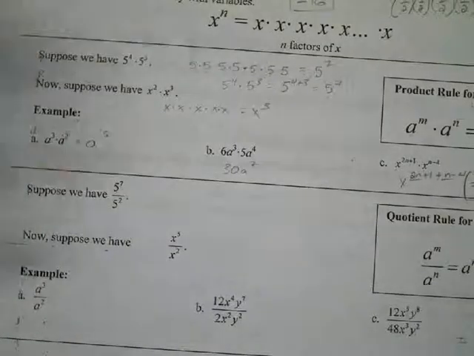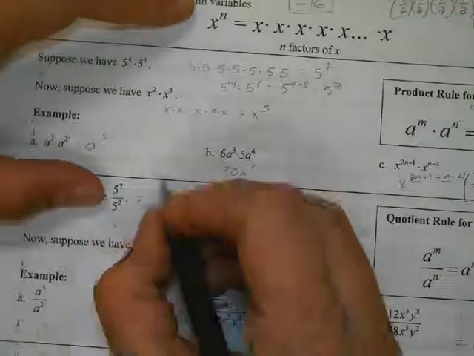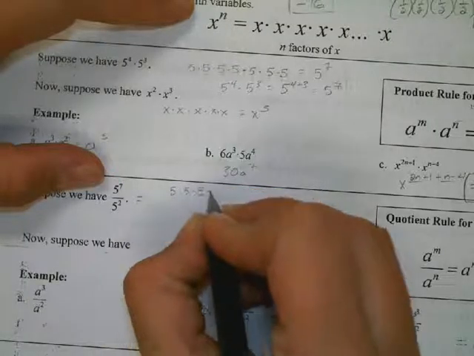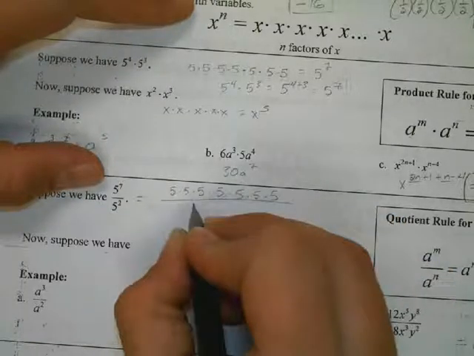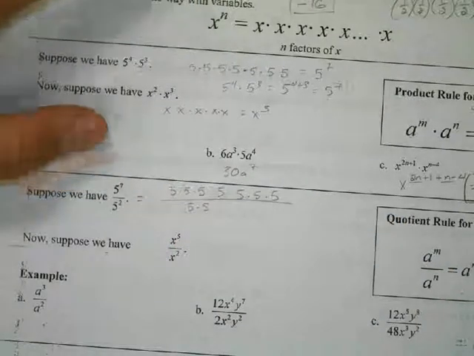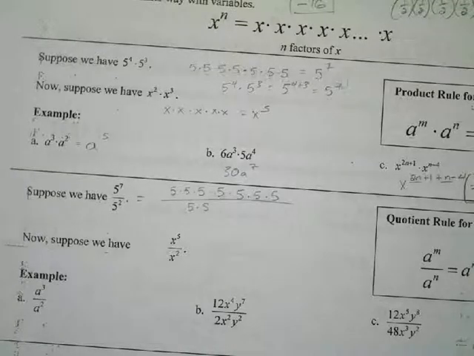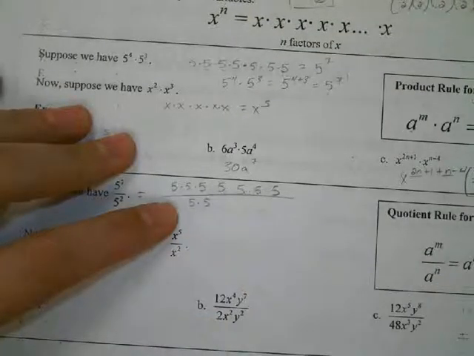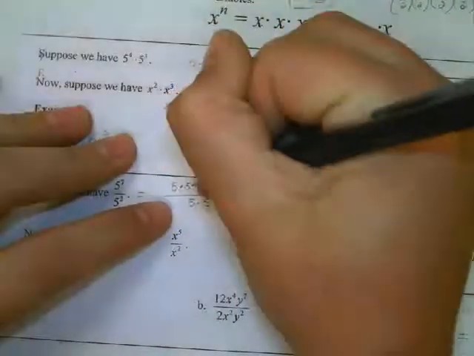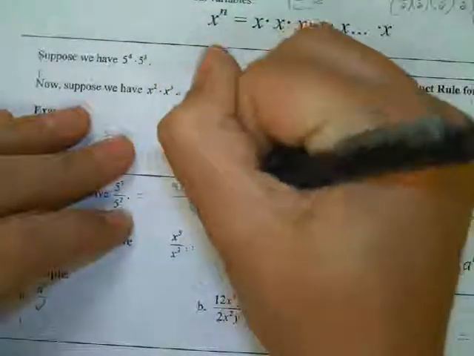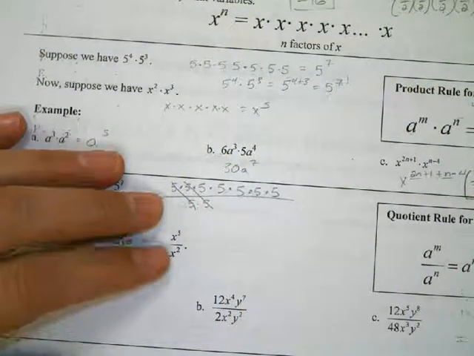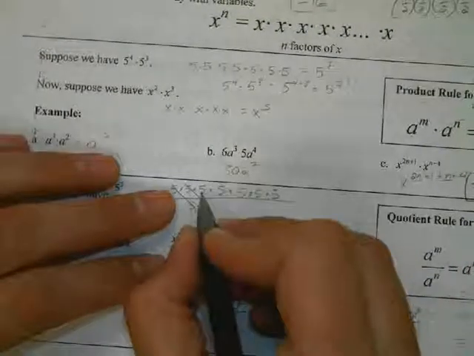So now the quotient rule for exponents is very similar. If I have 5 to the 7th over 5 squared, on top I would have 1, 2, 3, 4, 5, 6, 7. On bottom I have 1, 2, 5s. Well, when we did the very first units, we talked about the product of primes. When I have a quotient like this, since it's all multiplication, there's no plus or minus signs in between any of this, I'm allowed to go through and cancel my like terms on top and bottom. So when I do that, I end up with 1, 2, 3, 4, 5, 5